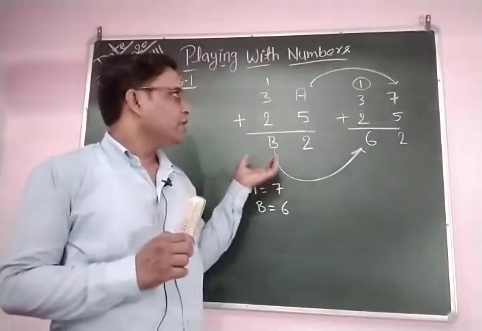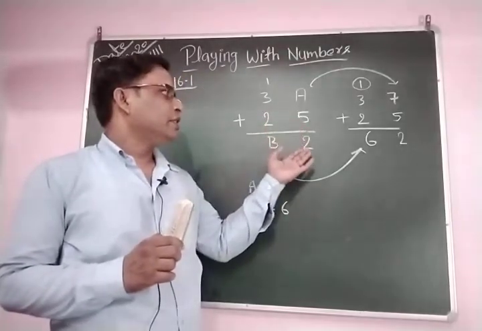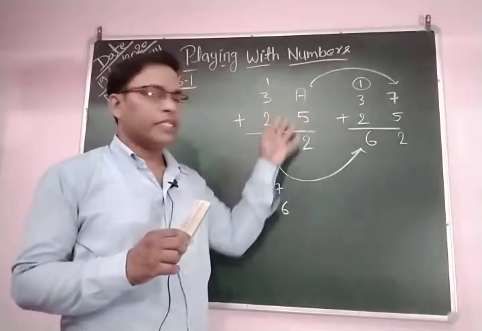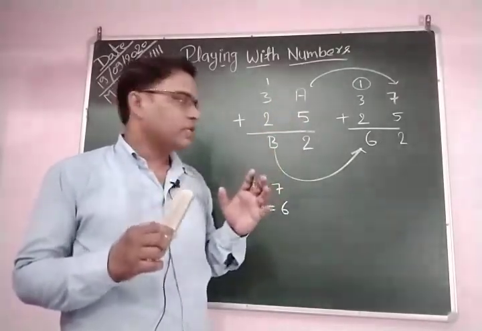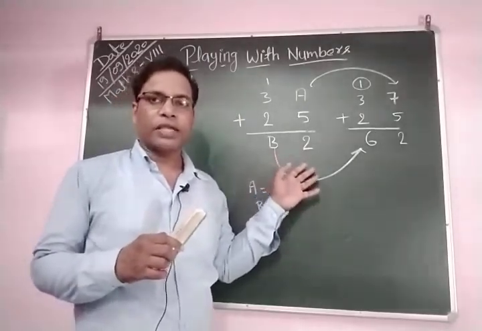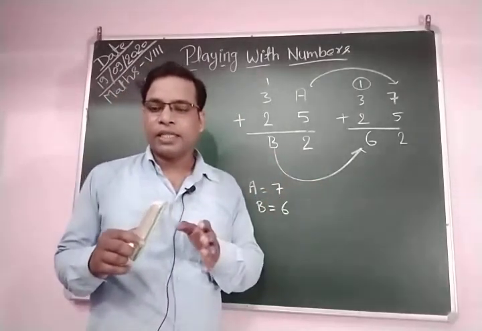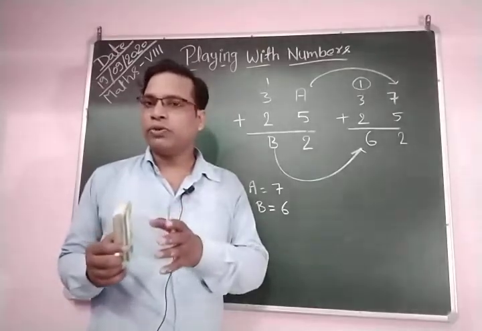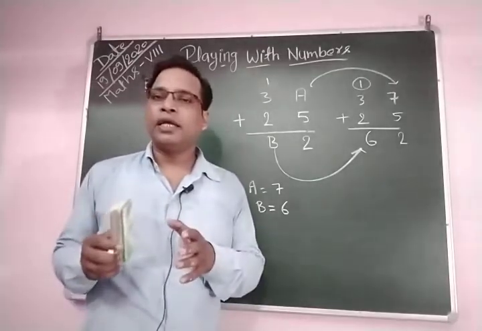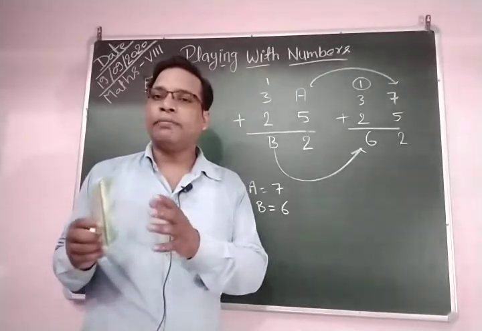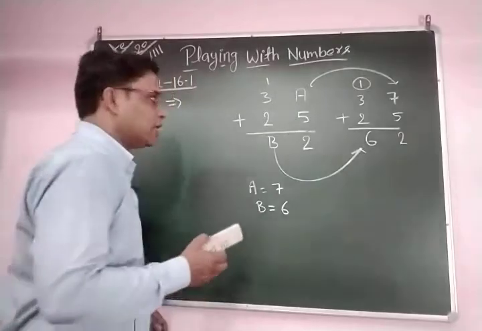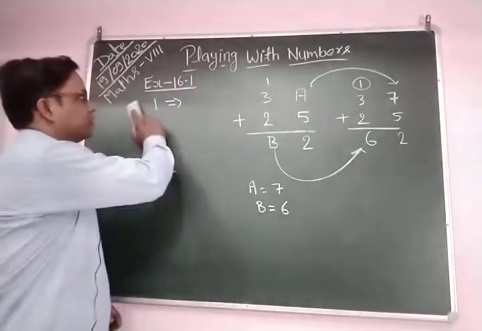You can see here a plus 5 is given, and we find the value of a. How can we find the value of a and b? You can see we discussed it here. So similarly we find the values of A, B and C in question number 2. So let's see what question number 2 is and how we find the value of letter A, B, and C in this question. Okay, so wait 1 minute please.